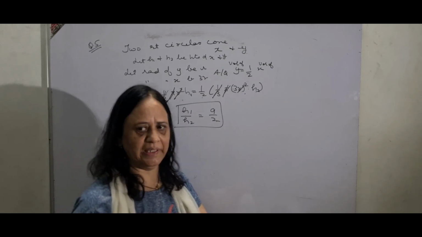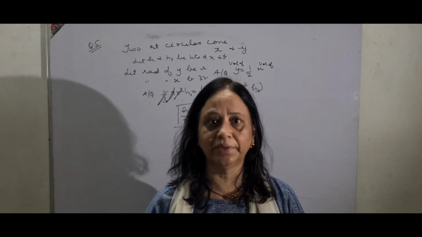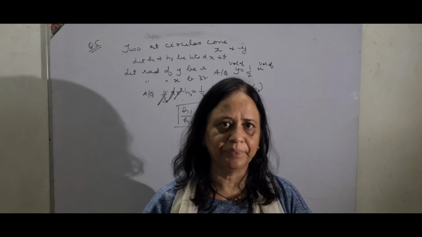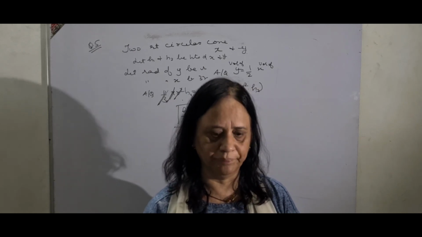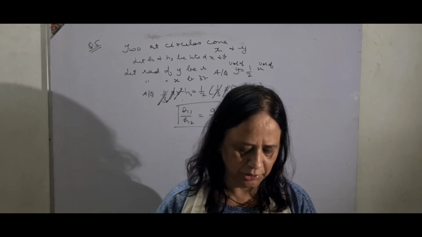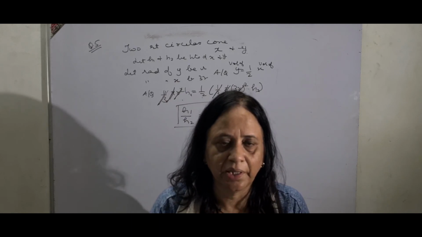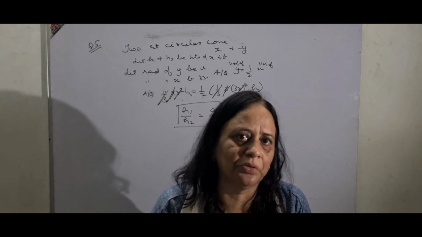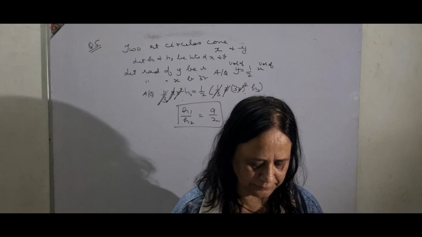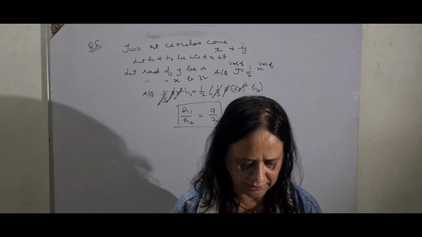So here I complete the lecture with 5-6 questions of exercise 20b. 20b is totally on cone. You do these 2 exercises, then of course I will send the next video in which I will give you all the sums from 6 to 14. And these are the only 2 topics which we are going to cover. But along with this, in this chapter we will also do the conversion of solids.